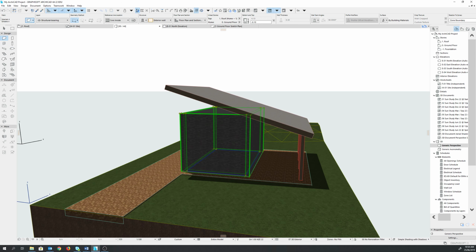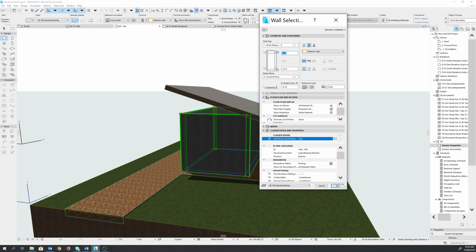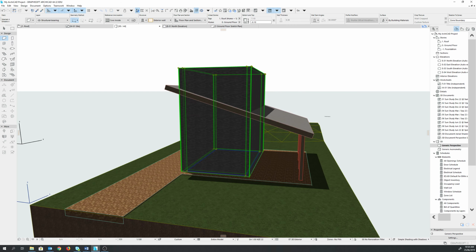Go to the info box of the wall and double click to bring up the wall settings. And now we're going to change the top offset to top length story of the roof of the building from 1 to 4. Click OK. So you can see what this does is it extends the building way above the roof. So the next thing now we're going to do is